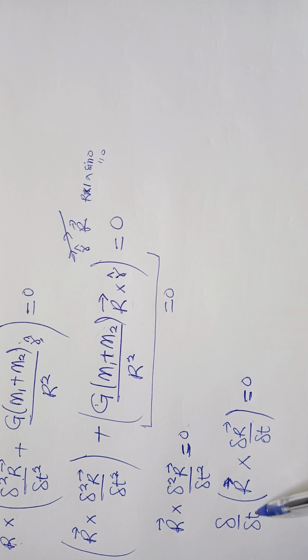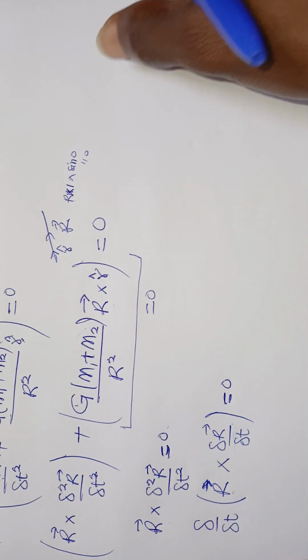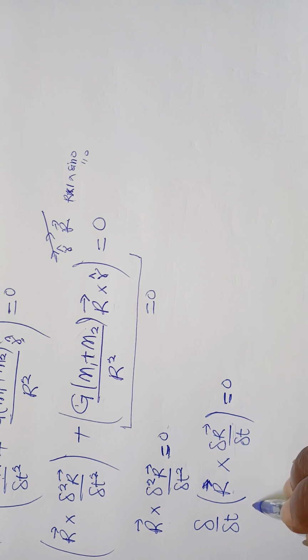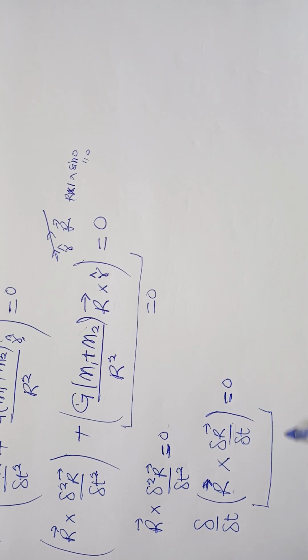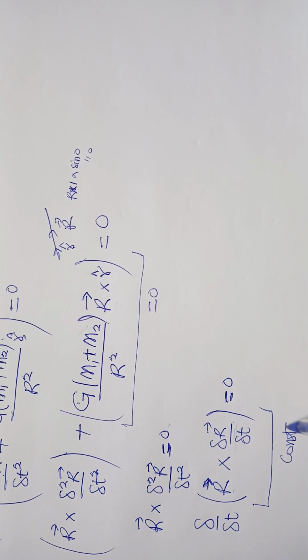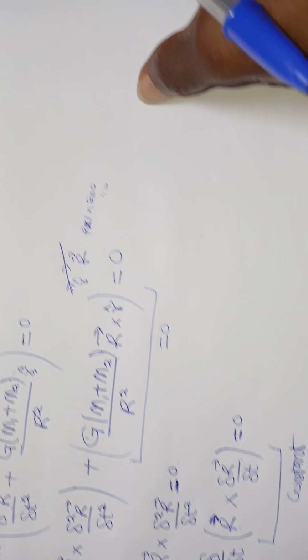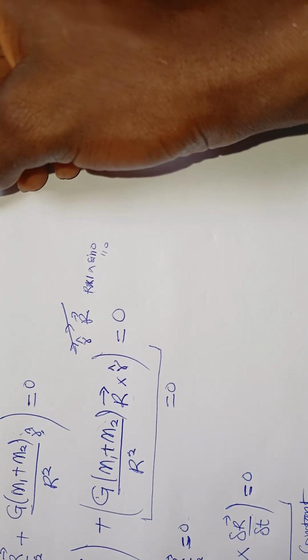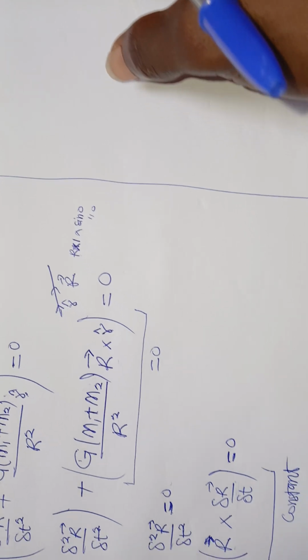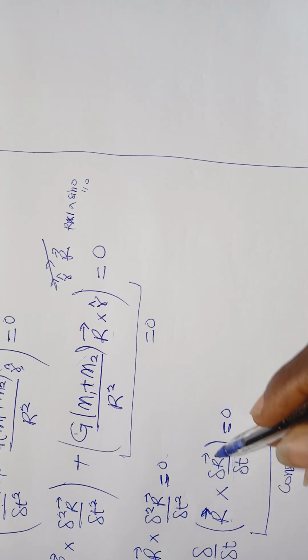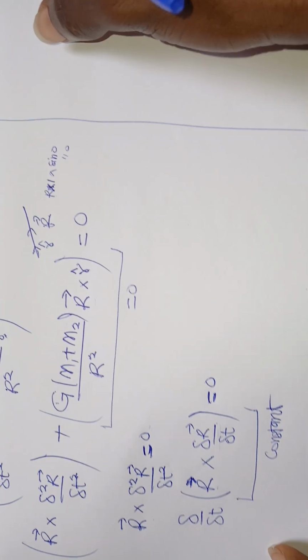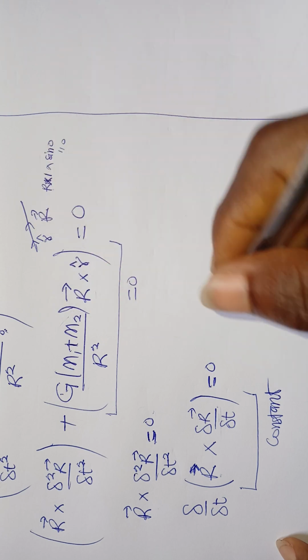And in fact, if you take the derivative of this cross product, you get back this. So that is to say, this quantity is a constant. And we can give it a name. Let's call r cross dr dt, which is a constant in the revolution of the planet,